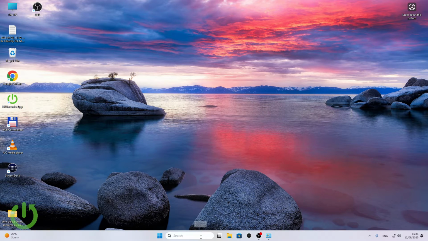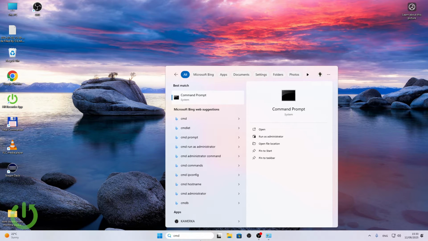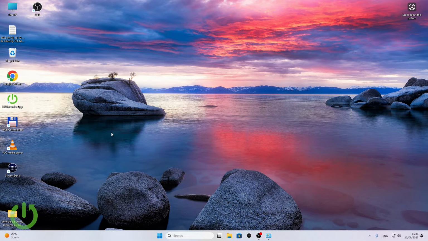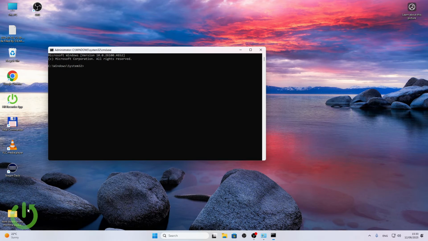So we'll need to first open CMD. You can either do it with the search option by typing in CMD, then run as administrator, or you can also click on Windows and R on your keyboard, type in CMD here, then press Ctrl-Shift-Enter to run it as administrator. Now, type in SFC,